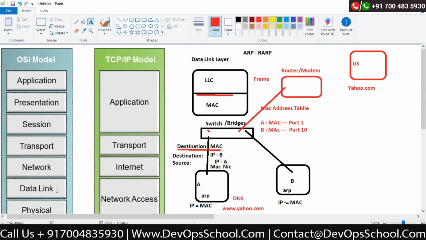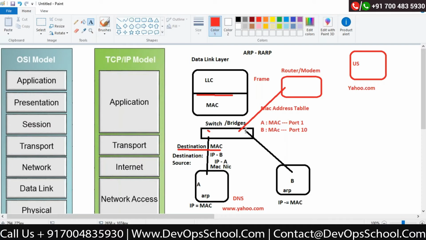So my data link standard says you have to create a device called a switch where I can connect all the devices together, and I have to make sure that the switch works on a MAC address. Correct? If I want to send data within the switch, then I should only use the layer called media access control. I can read the destination MAC address and send that request to the specific port number where that destination MAC address is connected.